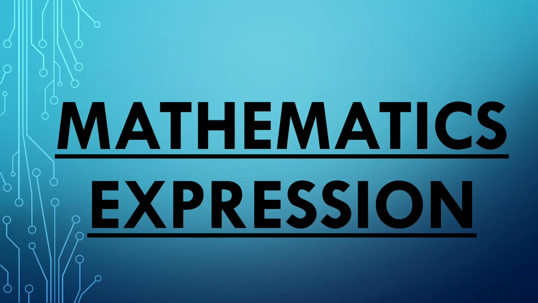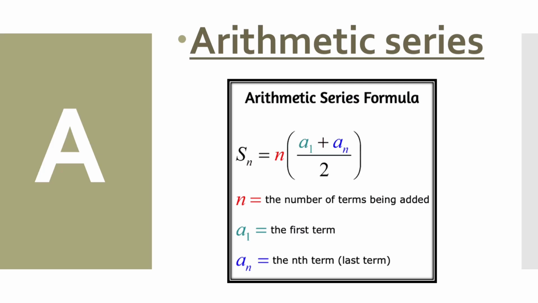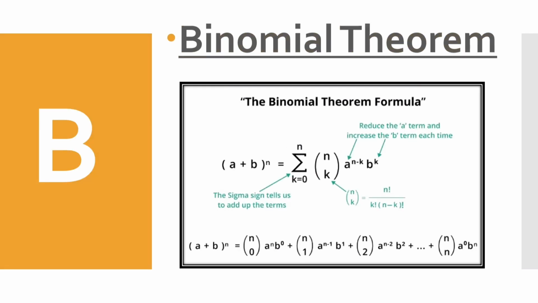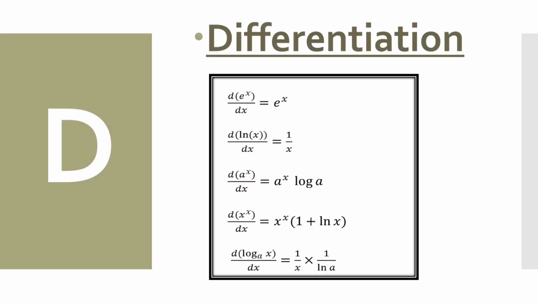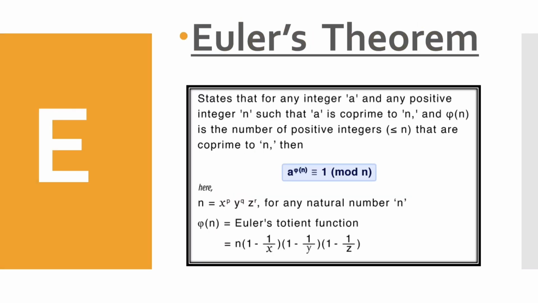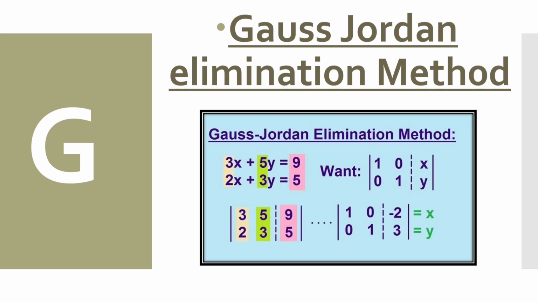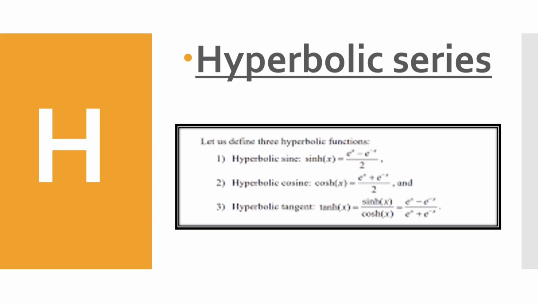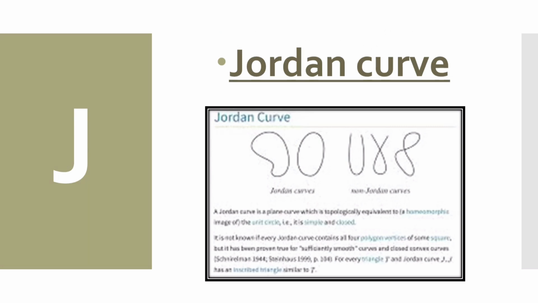In today's video, we are going to see mathematics expressions from A to Z. A for arithmetic series, B for binomial theorem, C for Cramer's rule, D for differentiation, E for Euler's theorem, F for fraction, G for Gauss-Jordan elimination method, H for hyperbolic series, I for integration, J for Jordan curve,